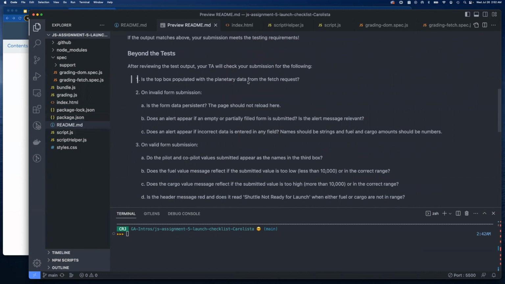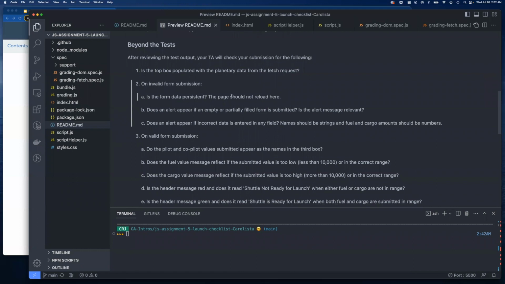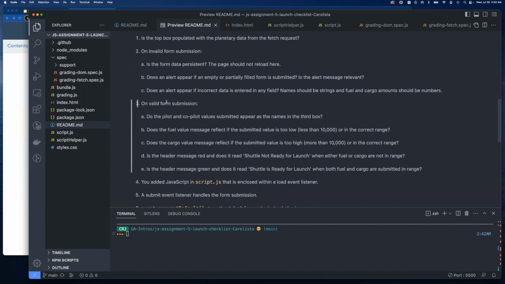Do you have all the planetary data in the top box? When the form has validation issues, is the page reloading? Do you have an alert appear if it's partially filled? Do you have an alert if there's incorrect data that can't be made the correct type? And then once you've validated, do you have all of the correct messages and colors and things in